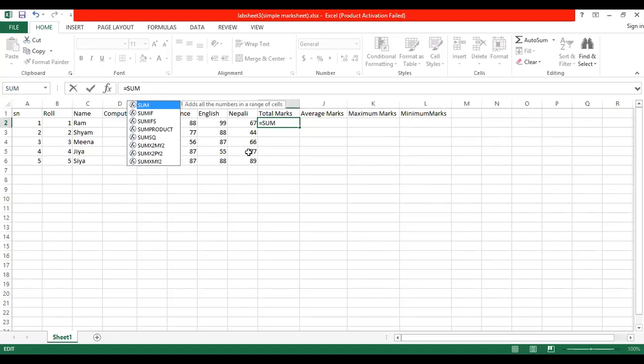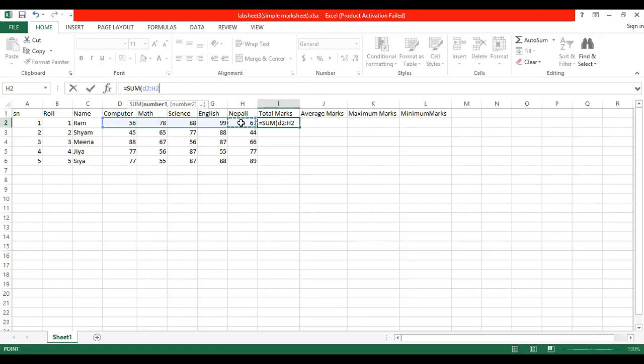Then bracket. Sum is the function. It will make the long formula short. Cell range means only the first and last cell address you have to mention here. What is the cell address of this 56? The first cell address is D2, column name D and row number 2. So I will do here D2. Then you give a colon. Then the last cell address: you don't have to use the 78, 88, 99 cell addresses in the function.